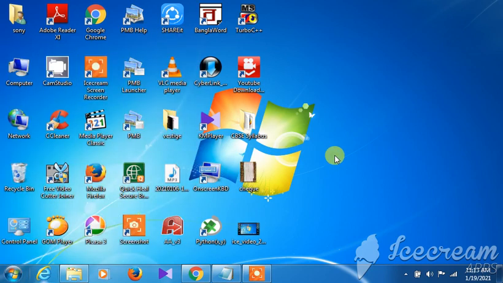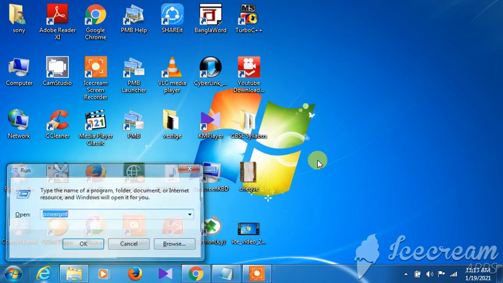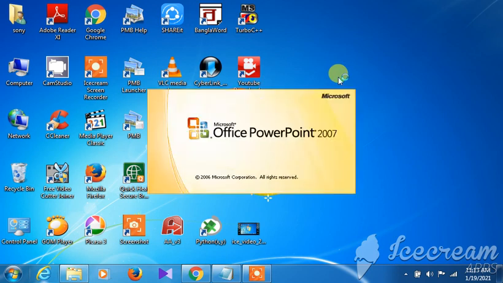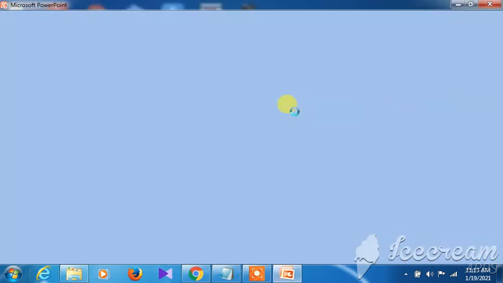As I have told you, press Windows R and the Run dialog box will appear, then just type powerpnt in order to open PowerPoint. All right, so when PowerPoint opens, you will get this box as well. Now see, Office PowerPoint has opened in front of you. It will take a little time to load, and then when you get the PowerPoint window,